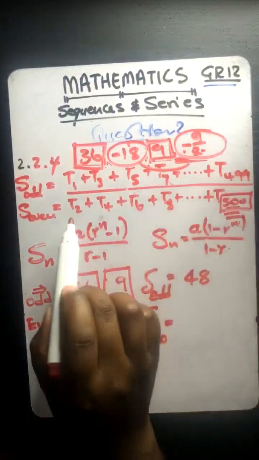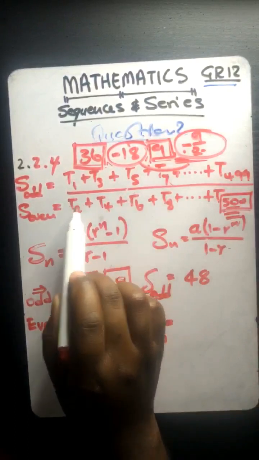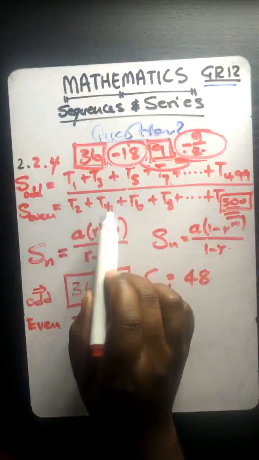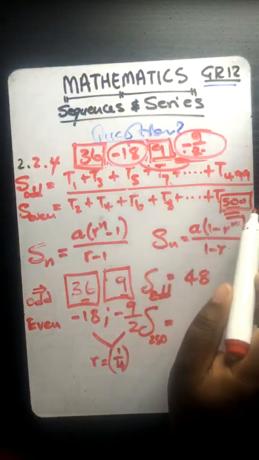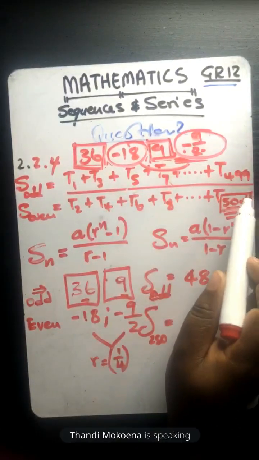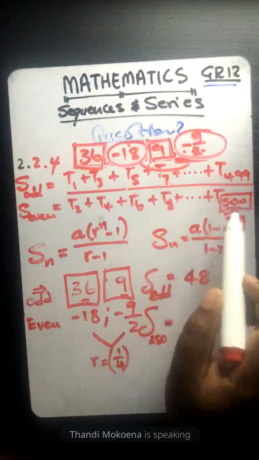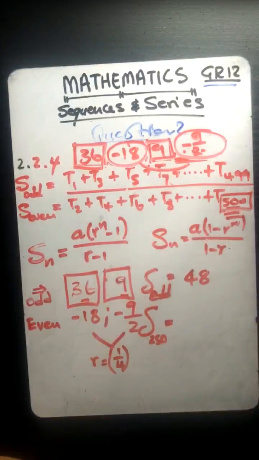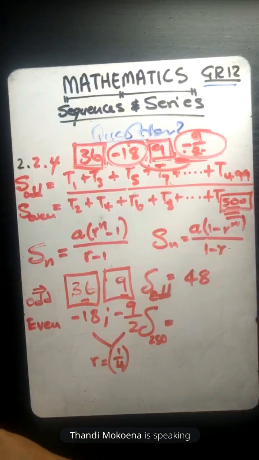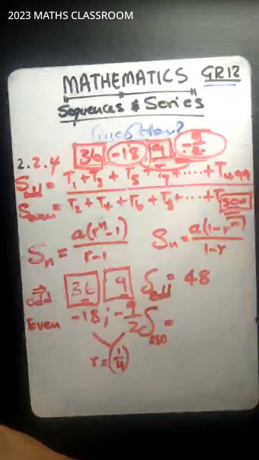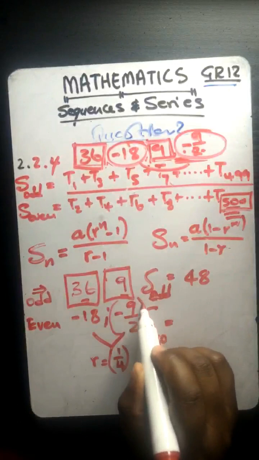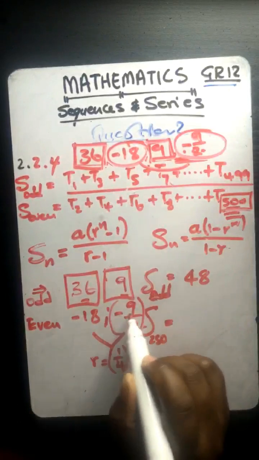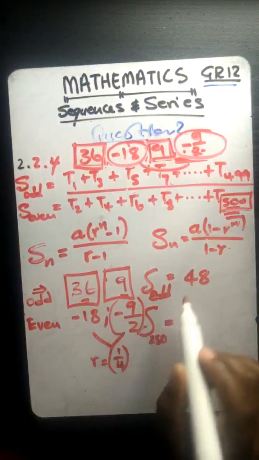And then when it comes to the even numbers, you start from 2, you jump 3, you go to 4, you jump 5, you go to 6, you jump 7, you go to 8, you jump up until the last even number, which is 500. Yes. So how do we get the ratio of the even numbers again? The ratio. Okay, so you punch this exactly as it is, which is negative 9 over